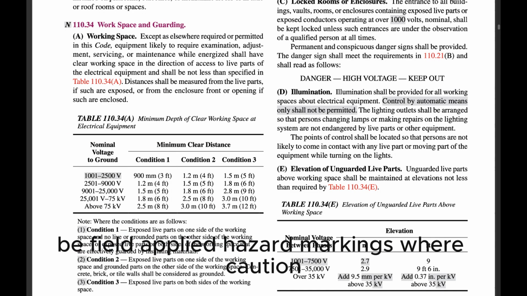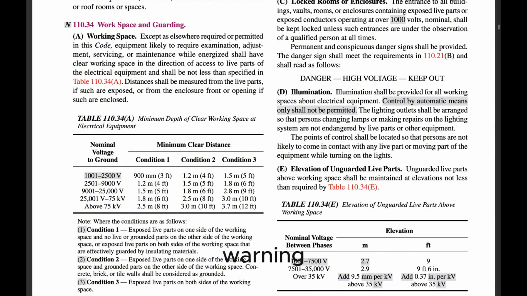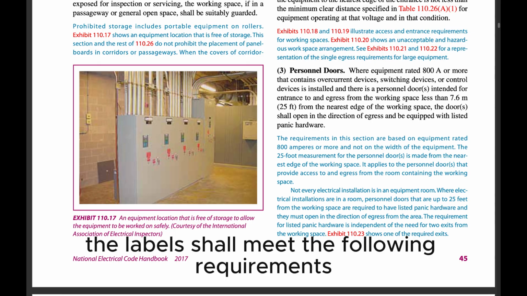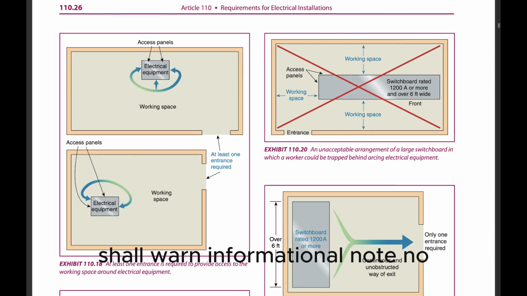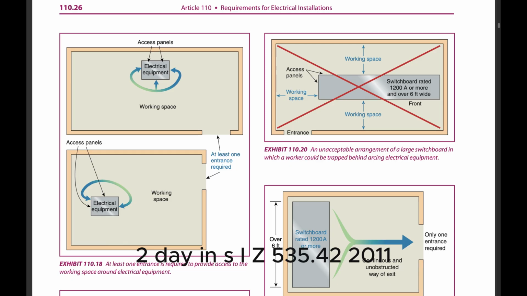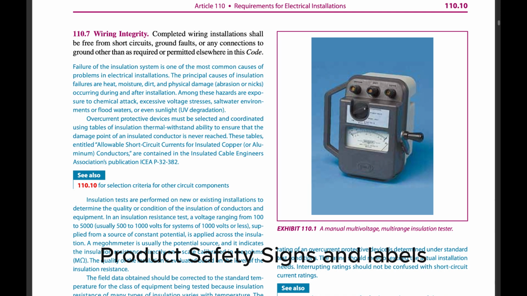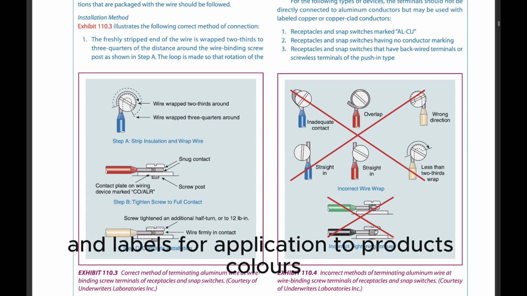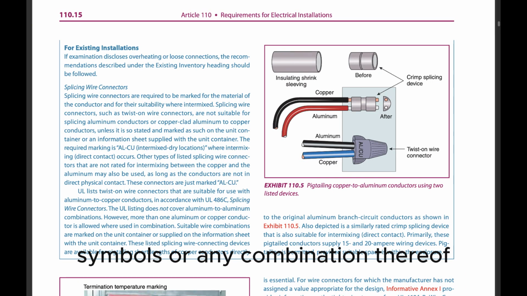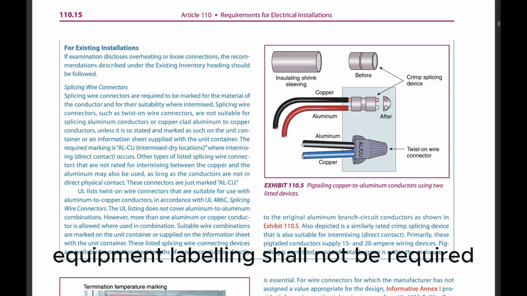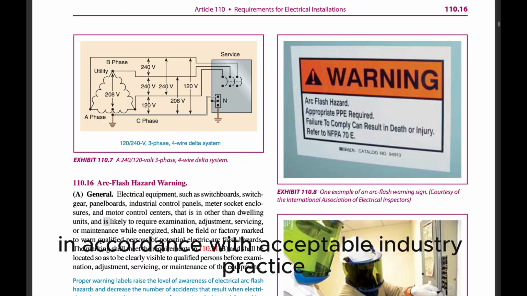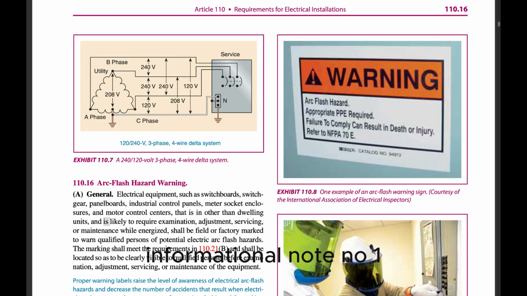B. Field-applied hazard markings. Where caution, warning, or danger signs or labels are required by this Code, the labels shall meet the following requirements. Informational note No. 2: ANSI Z535.4-2011, Product Safety Signs and Labels, provides guidelines for the design of safety signs and labels for application to products, colors, symbols, or any combination thereof. Exception: Service equipment labeling shall not be required if an arc flash label is applied in accordance with acceptable industry practice. Informational note No. 1: